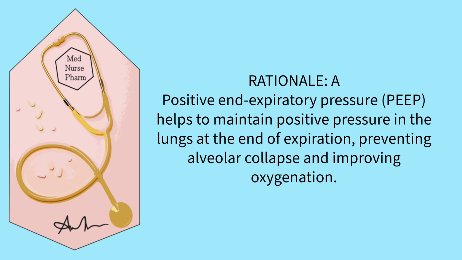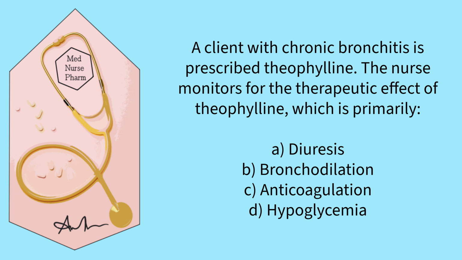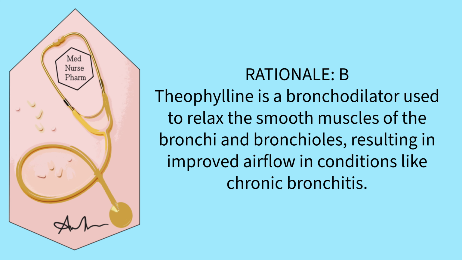preventing alveolar collapse and improving oxygenation. A client with chronic bronchitis is prescribed theophylline. The nurse monitors for the therapeutic effect of theophylline, which is primarily: A: Diuresis. B: Bronchodilation. C: Anticoagulation. D: Hypoglycemia. The correct answer is B. Theophylline is a bronchodilator used to relax the smooth muscles of the bronchi and bronchioles, resulting in improved airflow in